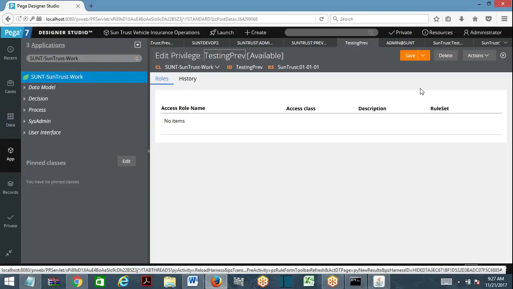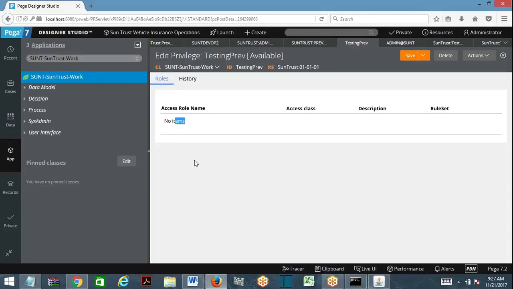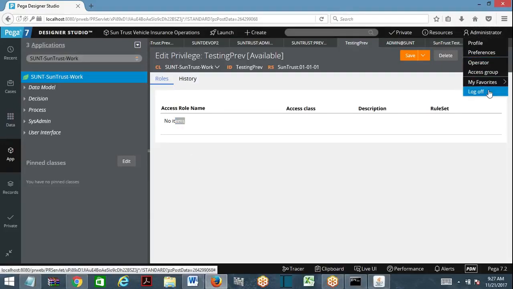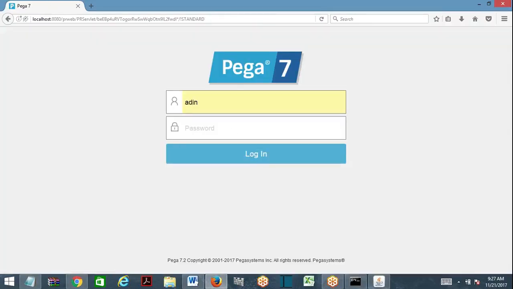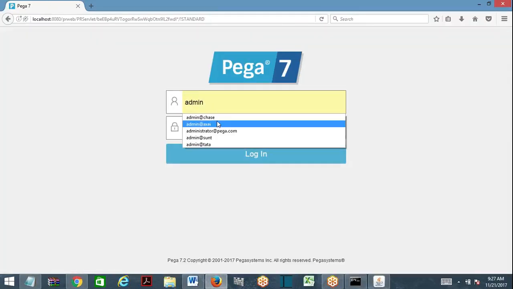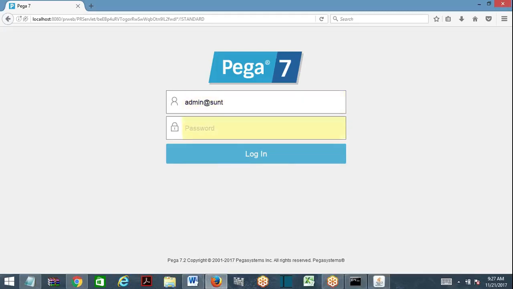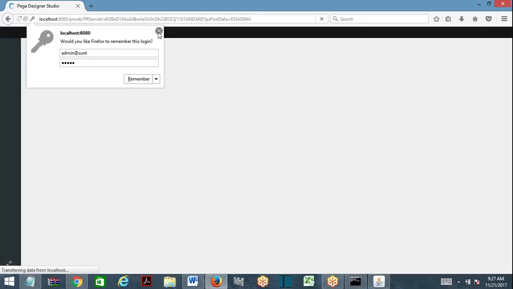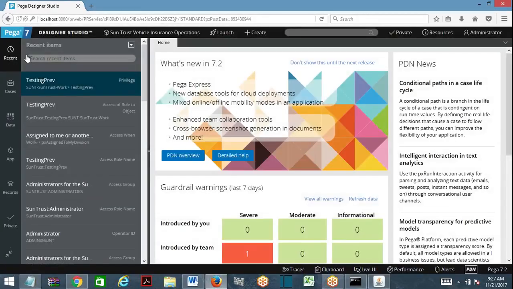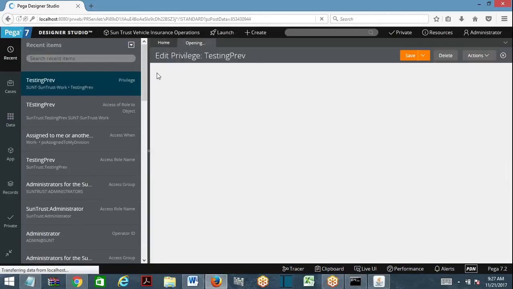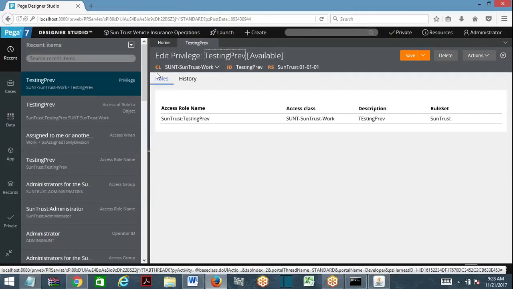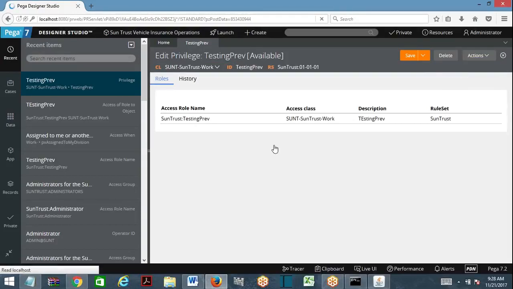Why is it not showing anything? Access role name should be added here. Admin at the rate, Sunny, password is roots. See, it would have been updated previously only. After you refresh, it would have been updated automatically.